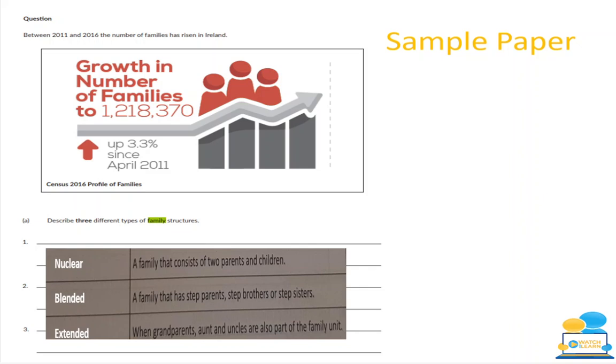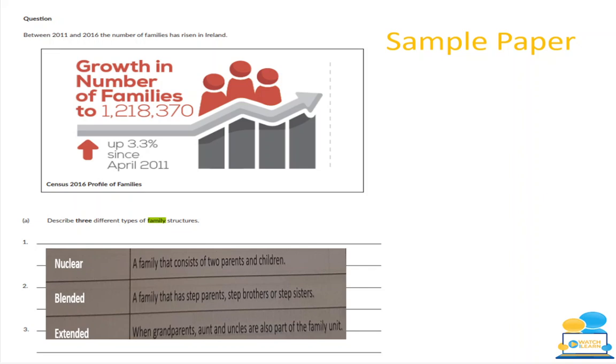I then go to part A where it says describe 3 different types of family structures. So I'm going to think of my Nebel, so my nuclear, extended, blended and lone parent or single parent family. So what I need to do, because it's describe, I need to give a state and an explain. And if I want, I can give an example of maybe a well-known celebrity family. So in this case, I've gone for nuclear, blended and extended. So I have nuclear, for example, a family that consists of 2 parents and children, followed by blended, which is a family that has